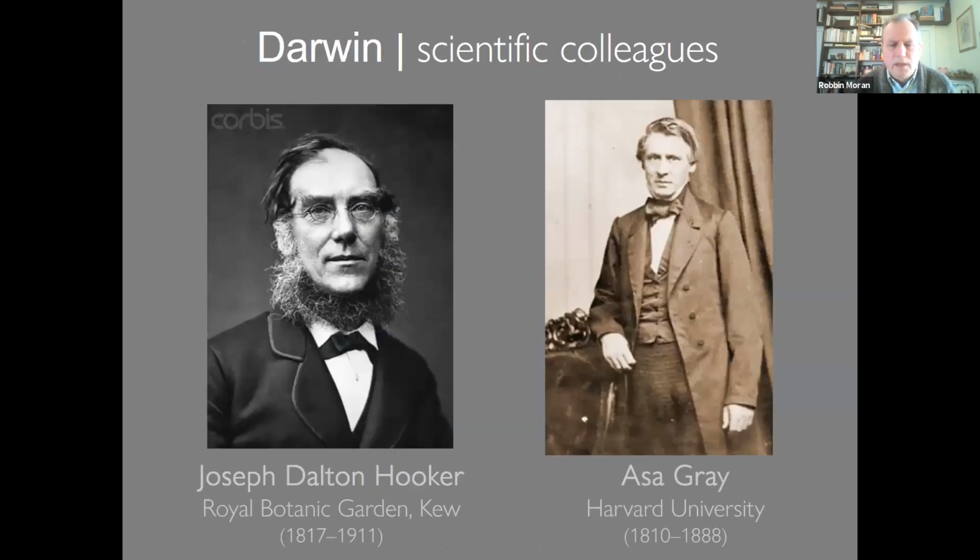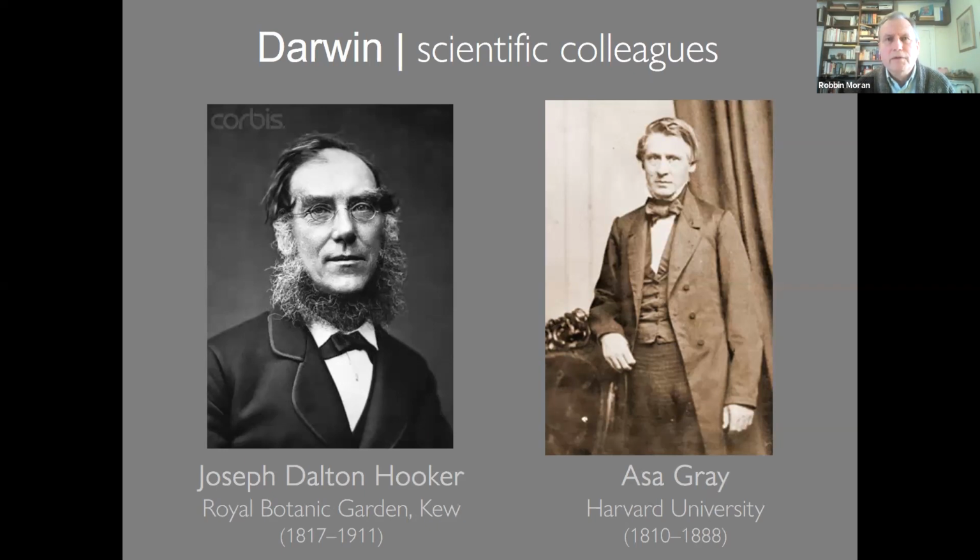Now, besides that relationship with Fitzroy, I want to mention these two botanists. They were very important in helping Darwin develop his ideas, bouncing ideas off of these botanists, and also sending Darwin plants. This first person is Joseph Dalton Hooker. He was the director of Kew. He succeeded his father, the director of the Kew Botanical Gardens, the famous, beautiful botanical garden in England. And Hooker and Darwin were good friends, and any plant that Darwin wanted for his studies, for these 6 books that I'm going to describe,